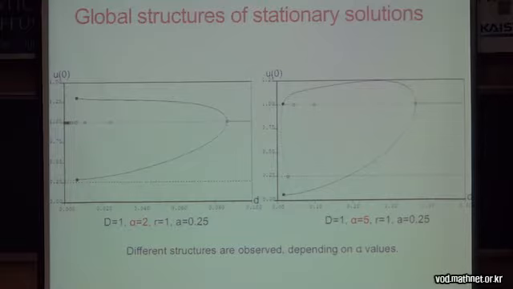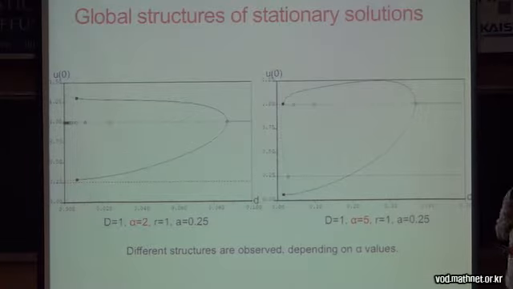I will explain briefly. First I talk about alpha equal to 2. If d is relatively large, then there is the (1,1) solution, the constant solution (u,v) equal to (1,1). This constant solution is stable, but at this point a pitchfork bifurcation occurs. Then this constant solution becomes unstable